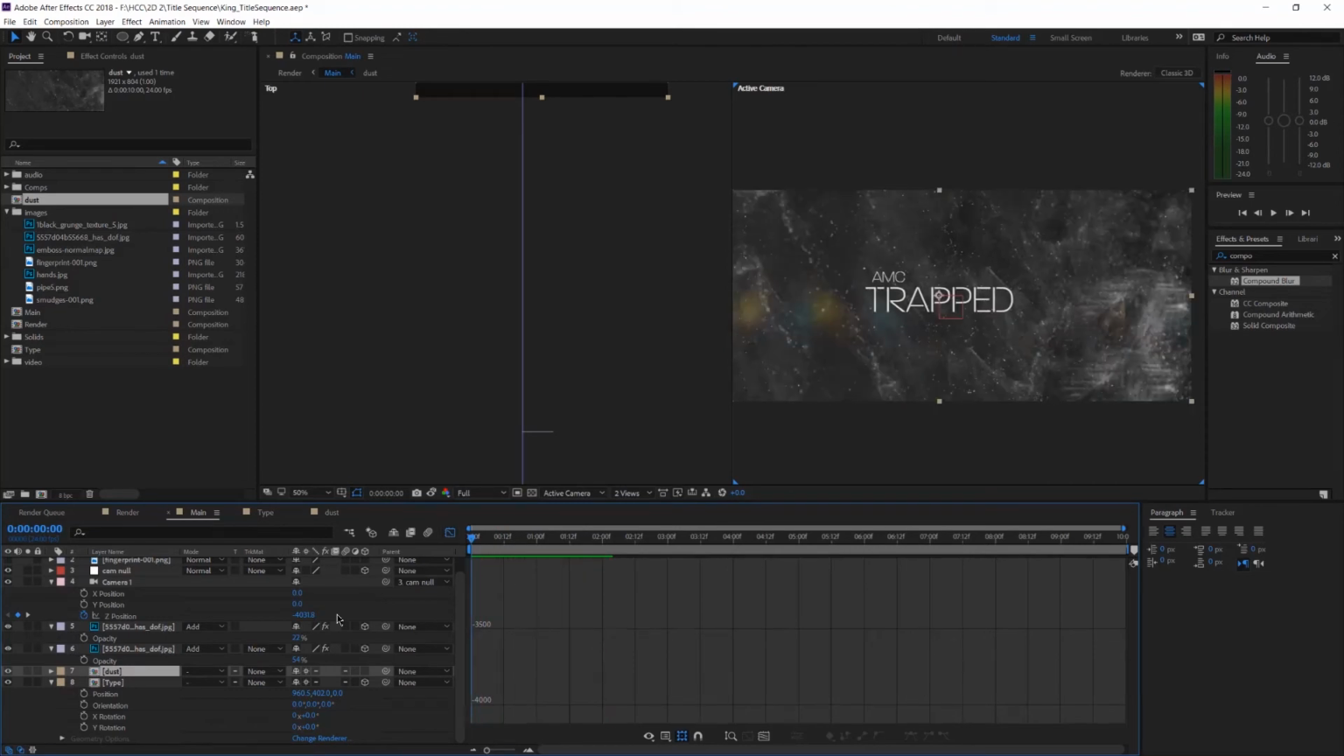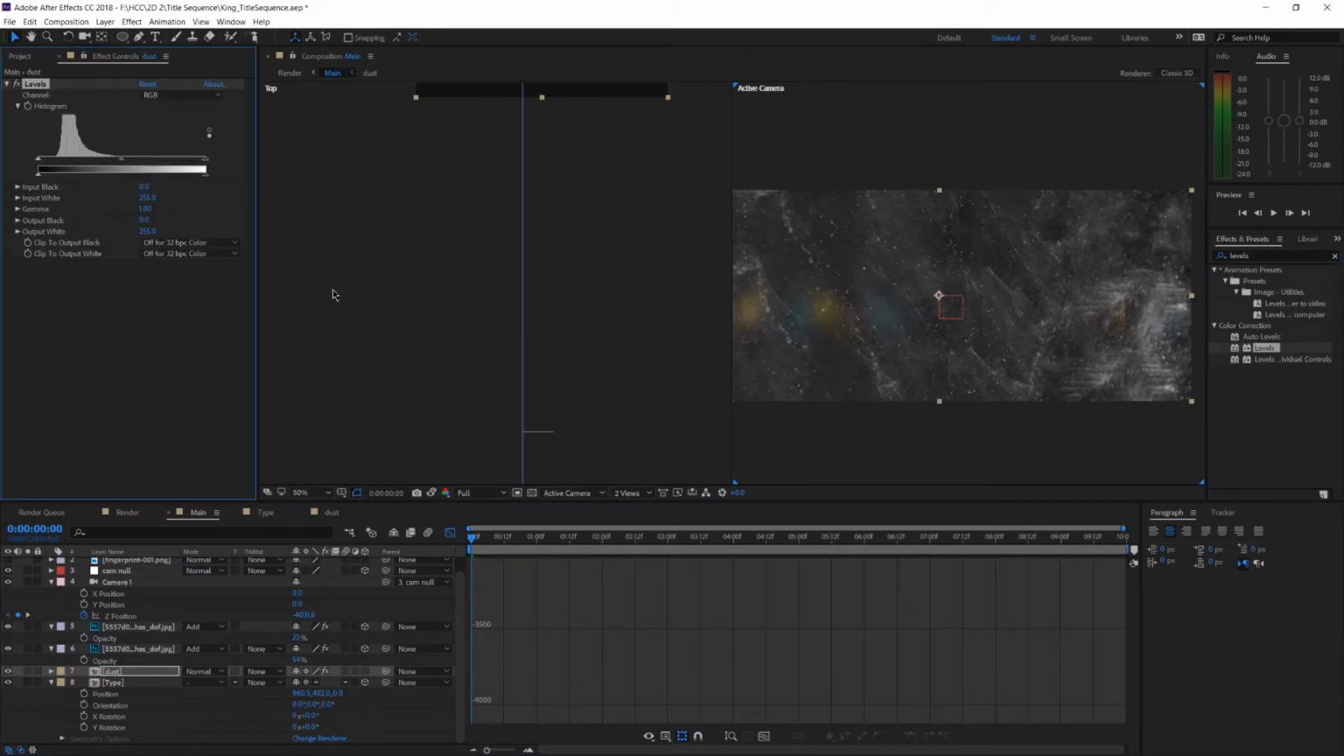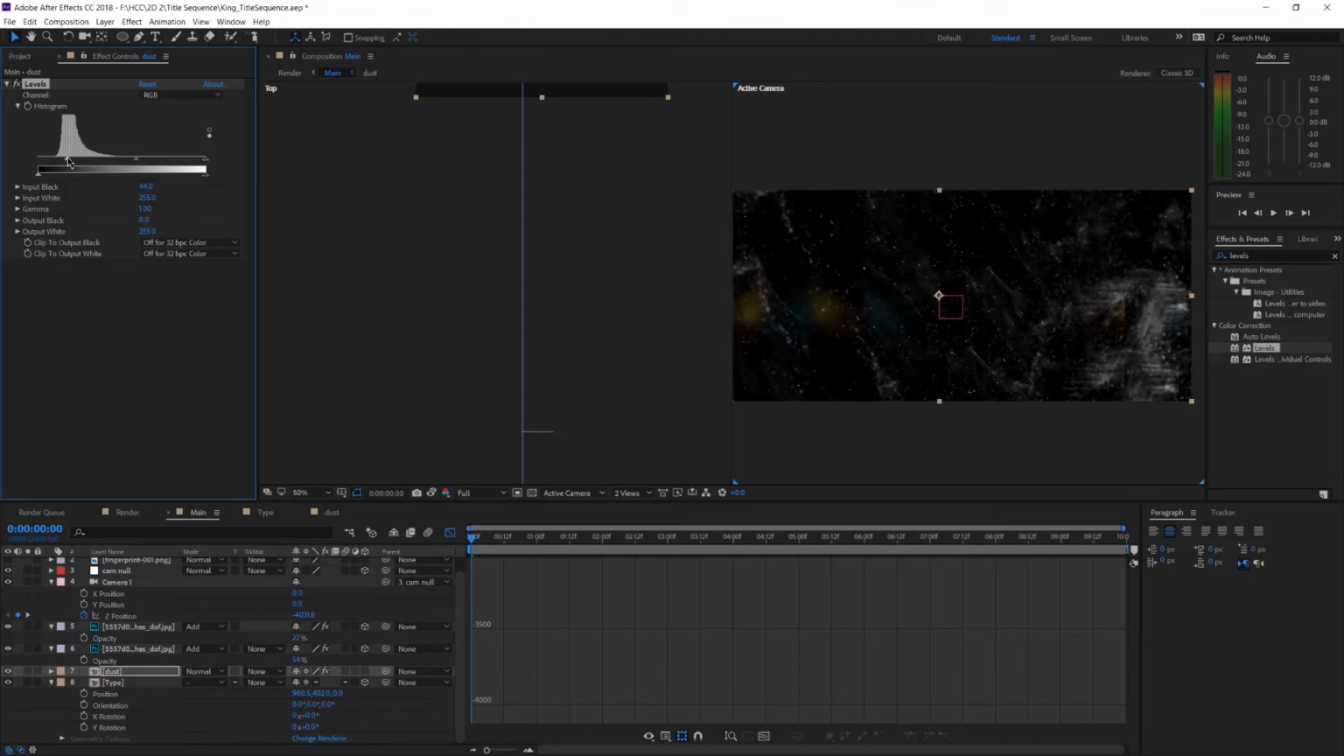Okay. So that's great. This gives us a lot of flexibility. If we wanted to place an effect on all of our dust layers, well, we can do that now to our master comp. Let's say that we wanted to tweak the levels here. We'll put a levels effect on that. And we can now do that,